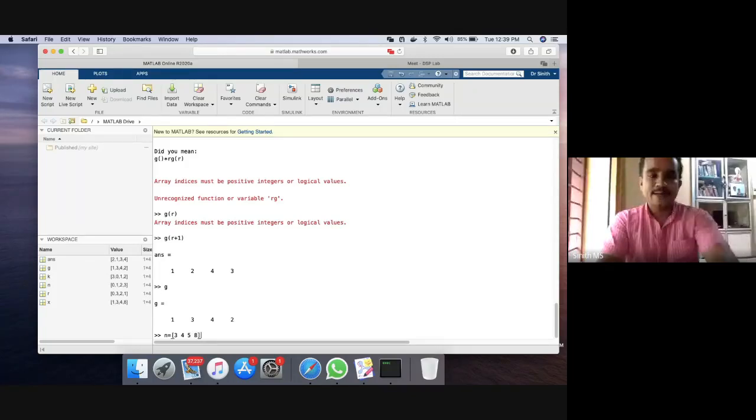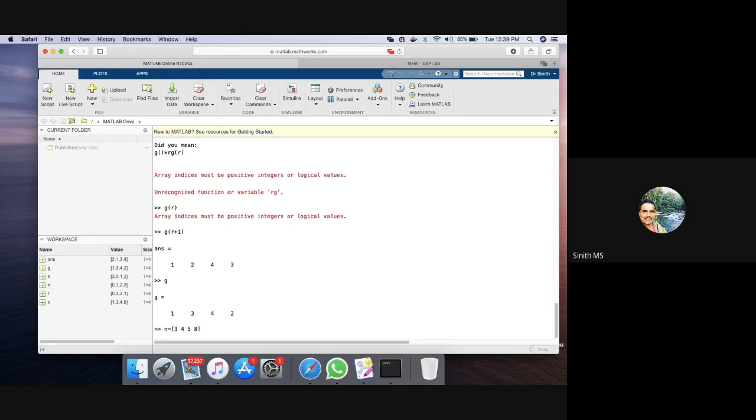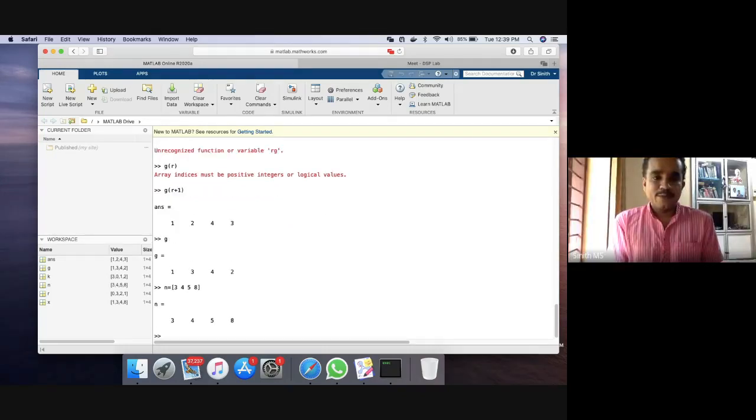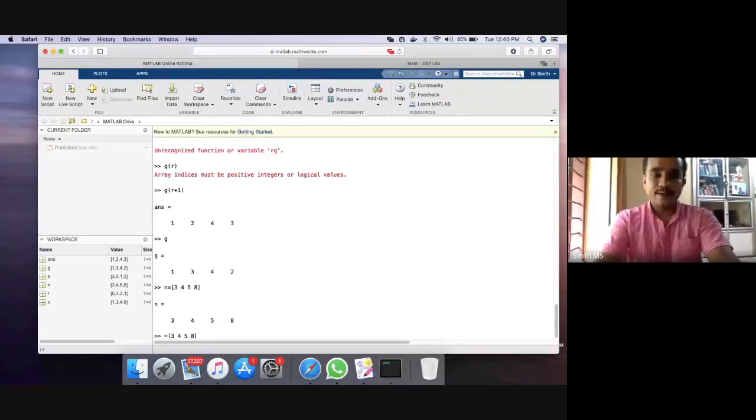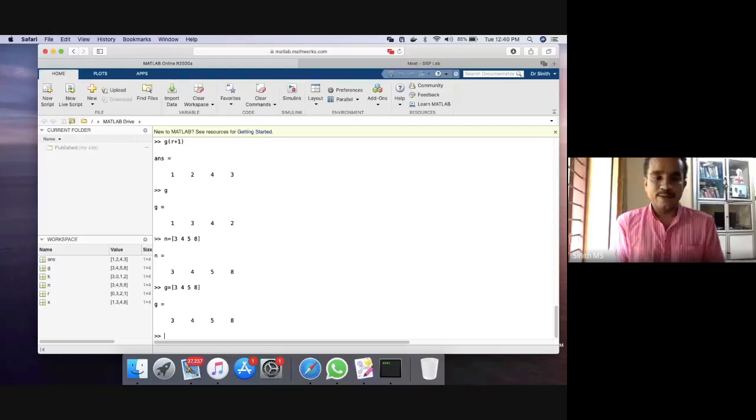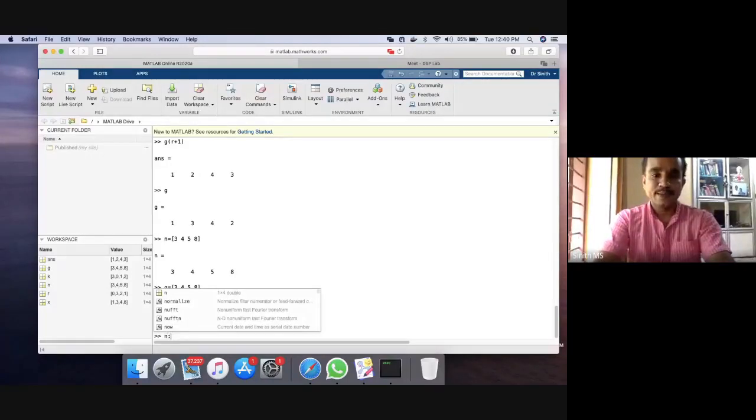Then this becomes an array, a single row with 3, 4, 5, 8. So if I put this, let me give this the name G equal to 3, 4, 5, 8. Now n, suppose we give, say, 0 to 3. n equal to, you can give this syntax, n equal to